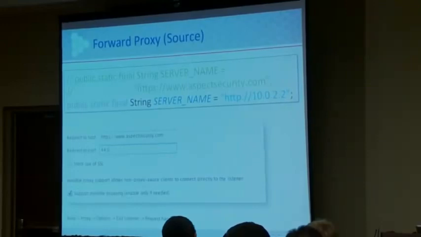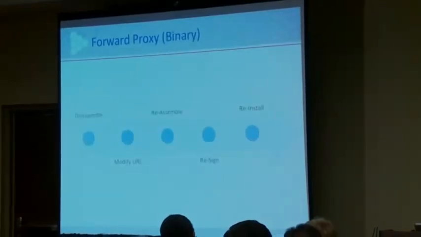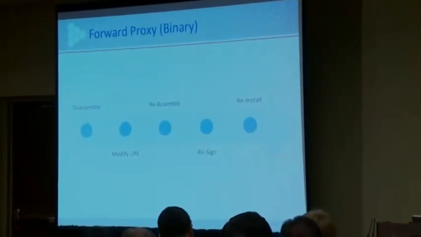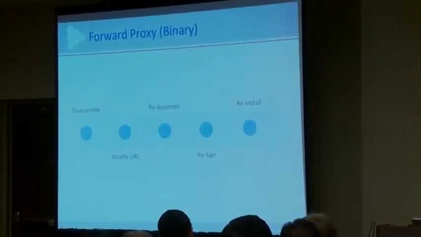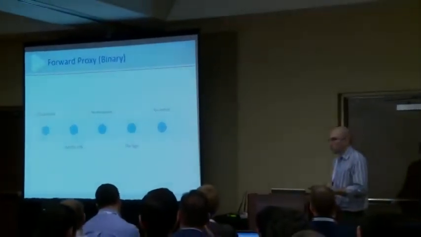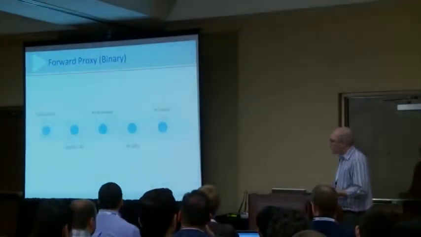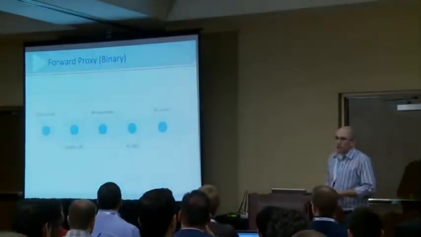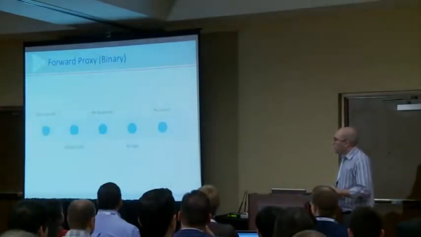So if you don't have this option, you can try and modify the binary by disassembling it. You have to locate wherever the URL is. It may be in a class file. It might be in a resource file. If it's in a resource file, it should be in pretty good shape getting the APK bundled back up. But if you need to reassemble class files, that can be very sketchy.